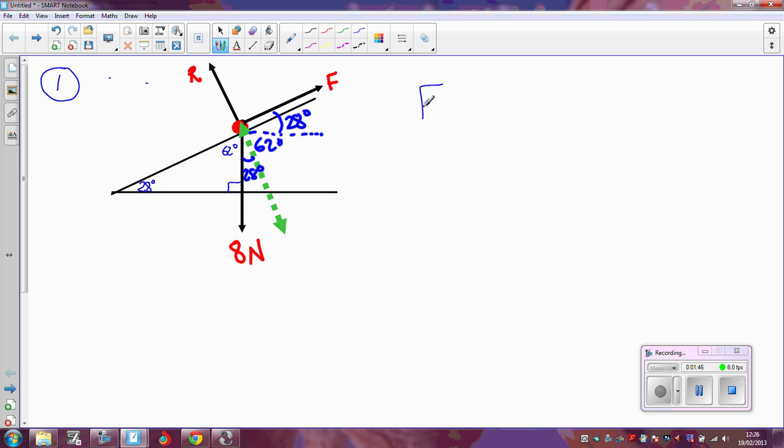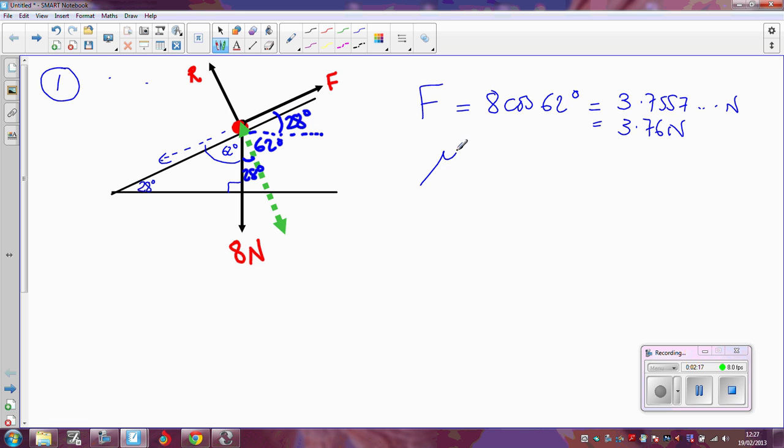Acting up the slope, we've got F. And acting against F, in other words, acting in this direction, we've got the component of the weight which acts in this direction. In other words, it's going to be 8 times the cosine of this angle. In other words, 8 cos 62 degrees. So the frictional force must be 8 cos 62 degrees, and that comes out as 3.7557 newtons, which I can just round to 3.76